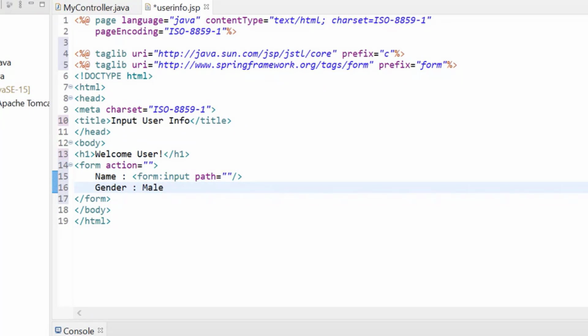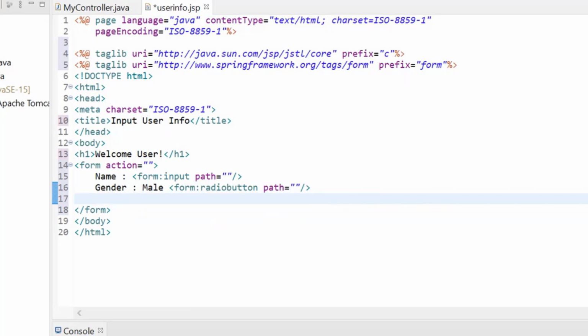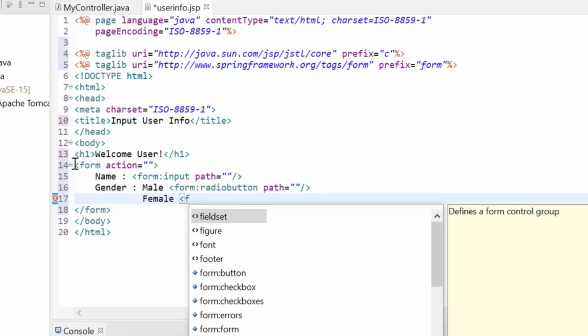Inside gender, there are two options basically. For male, I'll put up a button. Not a button, it should basically be a radio button. So this will be form dot radio button. Don't worry about the path, whatever that path is, we'll come back to that later. And I have another one that will be my female, form dot radio button.